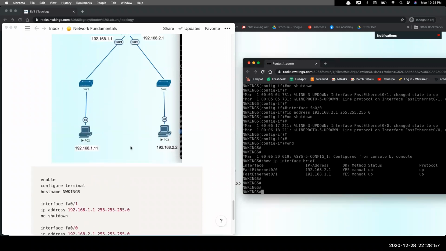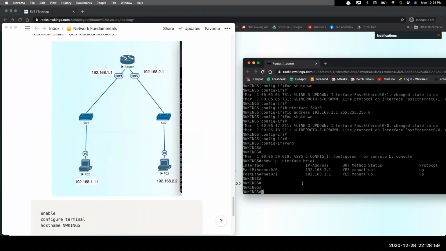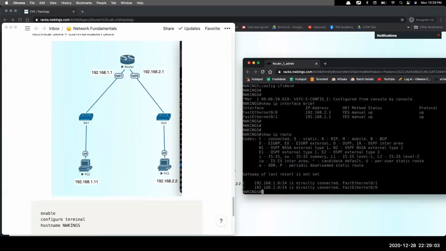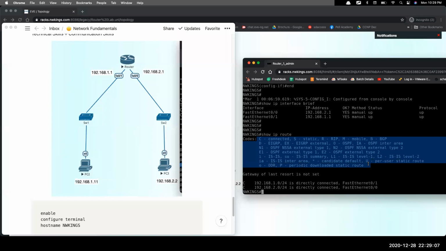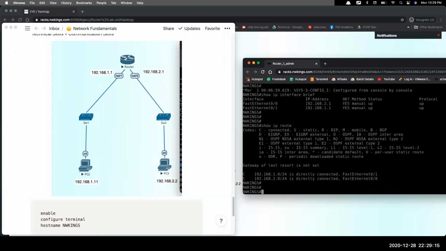Okay, so the router makes a table that is known as the routing table. What is the command to check the routing table? Show ip route. There you can see a lot of codes for different protocols like EIGRP, OSPF, RIP and all. But as of now, we are not connecting multiple routers. We are working on one router, and both networks are connected to my router, and it is showing you my